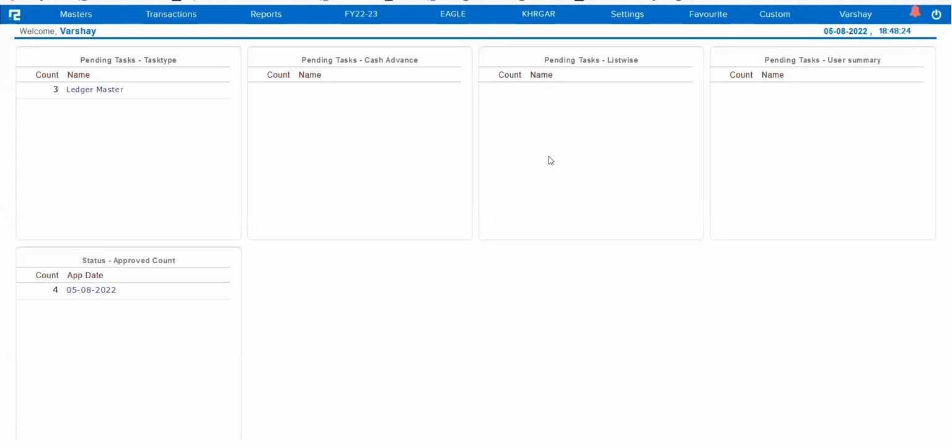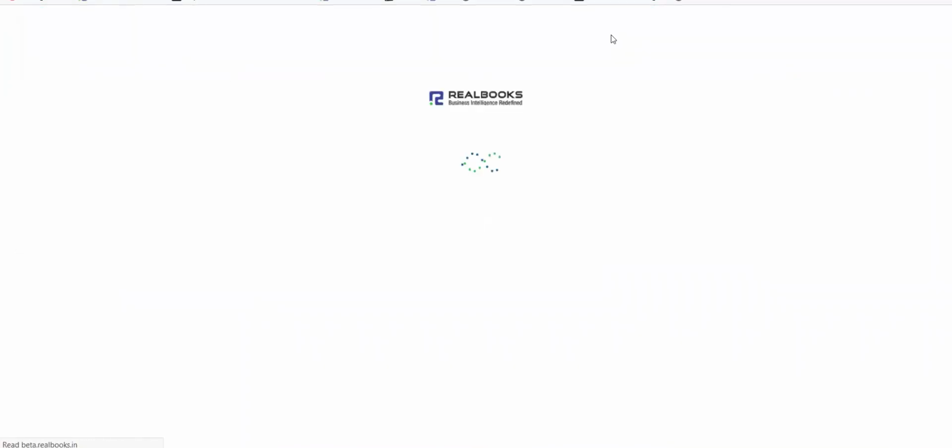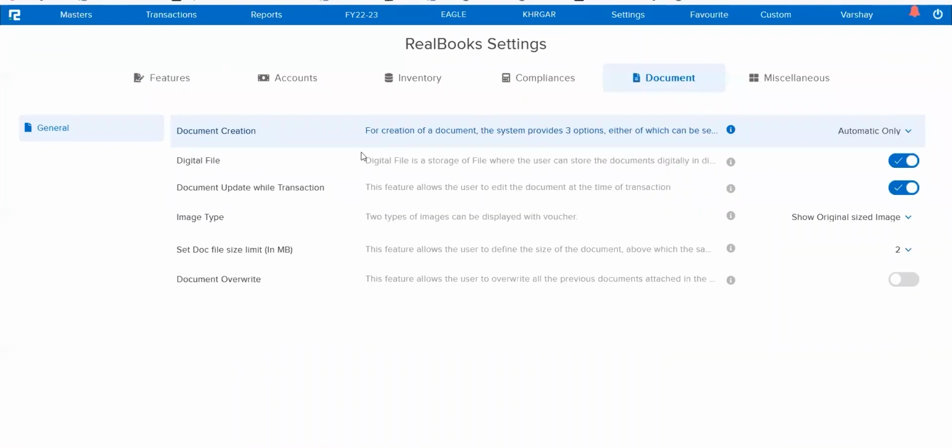So how to proceed with that? We need to first go to settings, configuration, and you'll find one option as document. Now, these are all with respect to the 2 points which I said, the manual document creation and the DropBox creation. But since we always run short of time, we want everything ready to be done, and you need not worry about creating the documents and so on. So you can just quickly